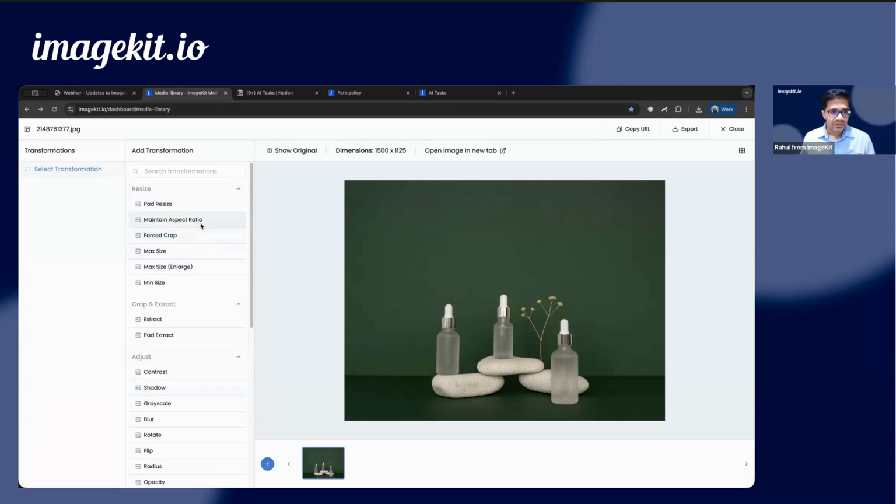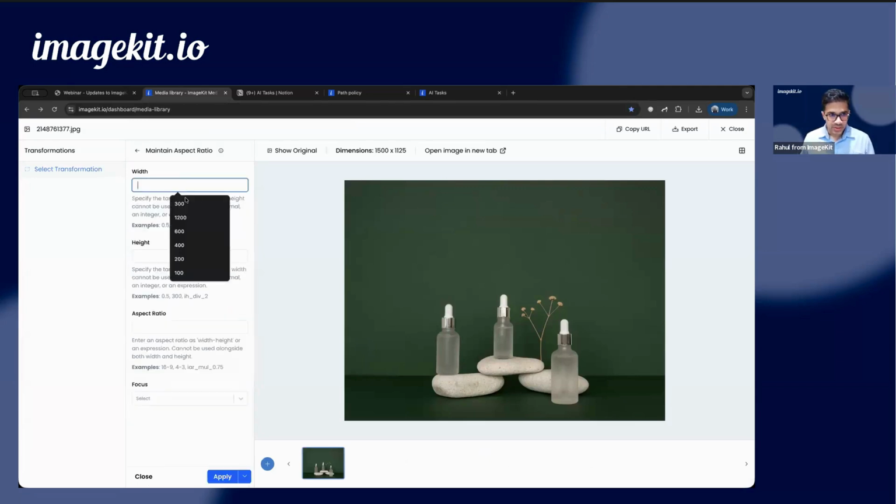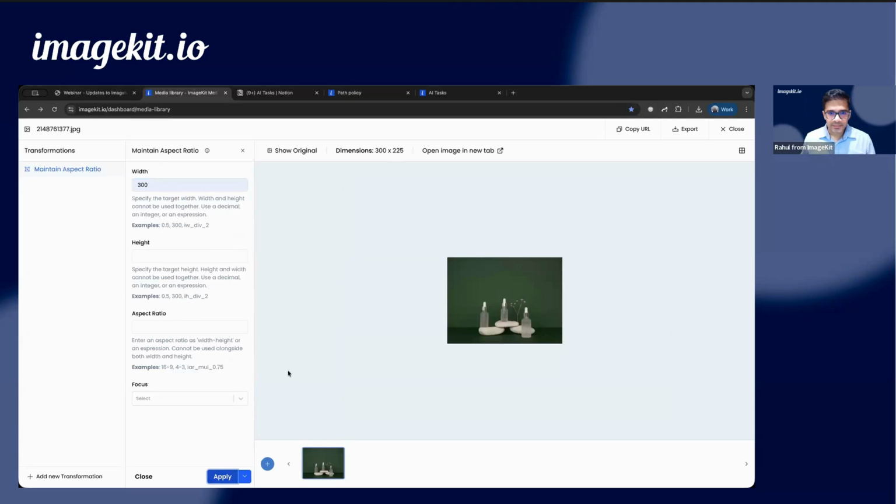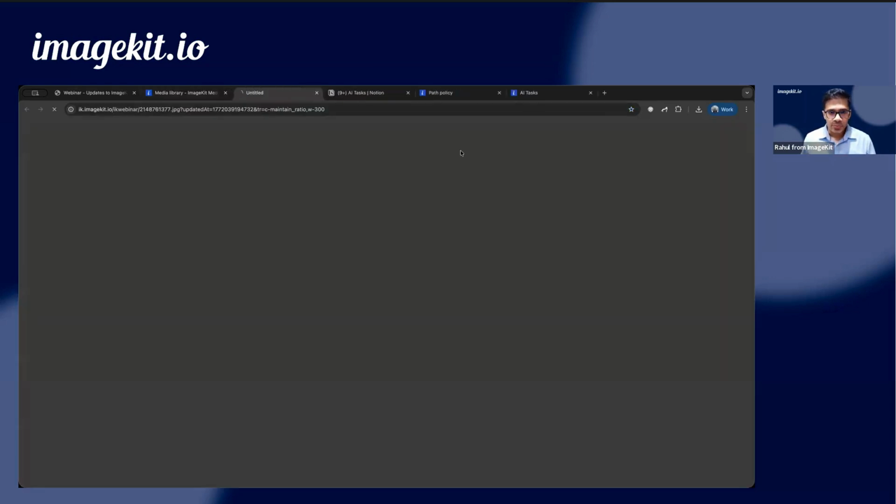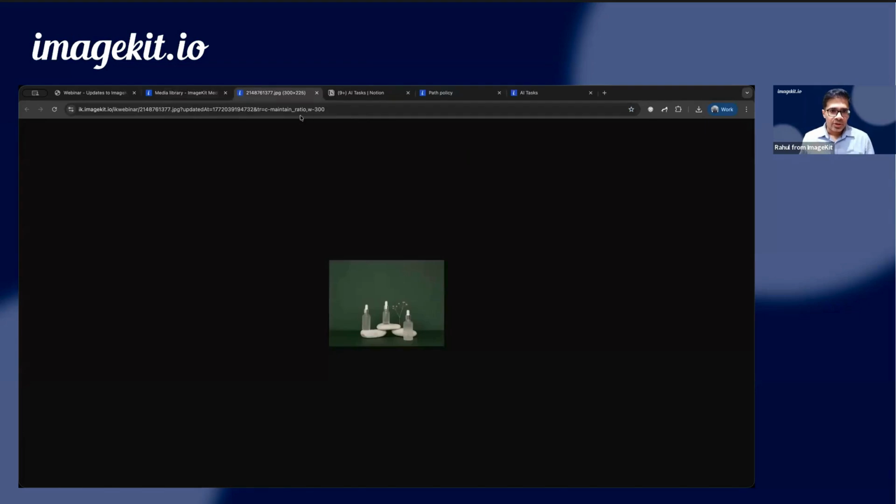So for example, if I have to resize this image to width 300 pixel, I can just add the width here and I can click apply. Now, when this is done, this is not just manipulation happening using, let's say, canvas on the browser. It actually uses ImageKit's own media processing parameters, right? So if I click on open image in new tab, you can see that ImageKit's width parameter has been added